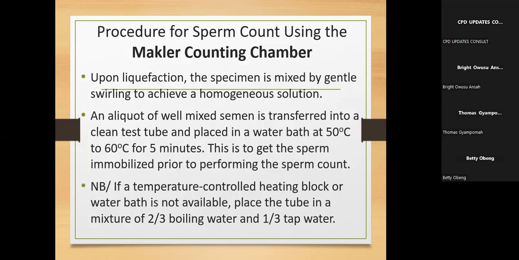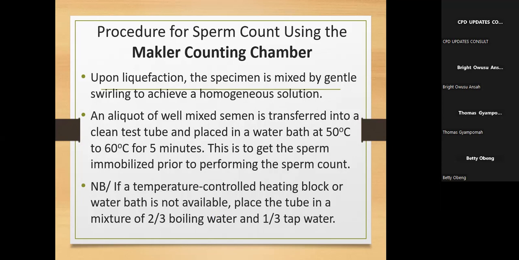So now let's see how it goes. Upon liquefaction, every semen, before you can do anything with it, must liquefy. The specimen is mixed by gentle swirling to achieve a homogeneous solution. This is the same for every procedure. Then an aliquot of well-mixed semen is transferred into a clean test tube. It means you mix it and then take a small amount, because if you want to use the entire thing for your counting, as we move along, you see that we are going to immobilize the